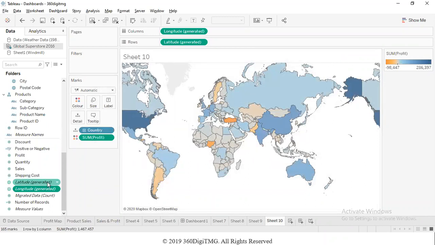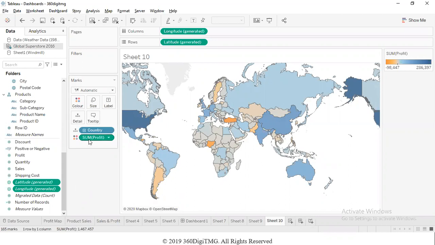That is because internally, Tableau has one big repository of latitudes and longitudes for all the locations that it recognizes. Different countries, cities, states, airports, all these things it recognizes. That is how it is able to plot. Even though we don't give the latitude and longitude coordinates, we are just telling the name of the location, and just by the name of the location, it is able to plot.